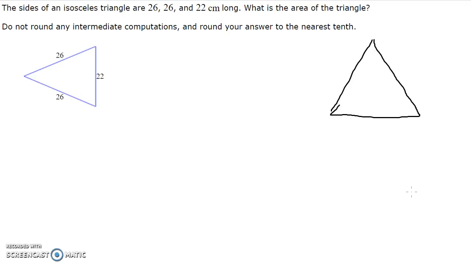But now, in this question, we don't have the vertical height. So what do we do? Let's take a better look at the triangle first. I can see that this is 26, that's also 26, so in other words, I have an isosceles triangle, so I can put down the markings. Now, if it is an isosceles triangle, then when I create a line from the top vertex to the base, if I make a perpendicular line,